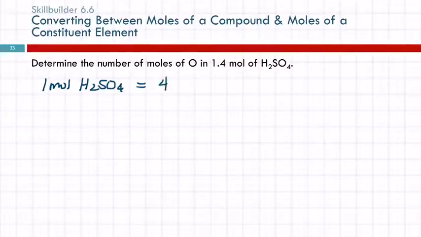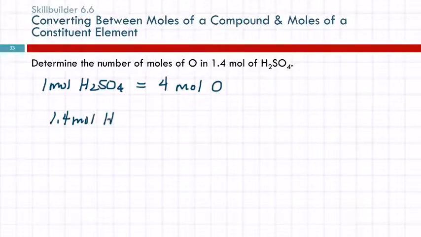1 mole of H2SO4 has how many moles of oxygen? 4. How do you know that? The formula. It says it right there, 4. SO4. So 4 moles of oxygen. Now, if we were looking at sulfur or hydrogen, it would be a different number. It wouldn't be 4. So 1.4 moles of sulfuric acid